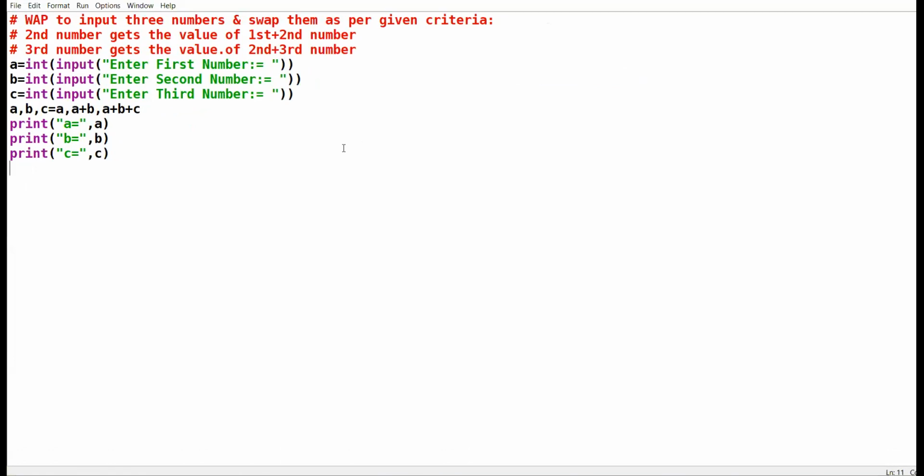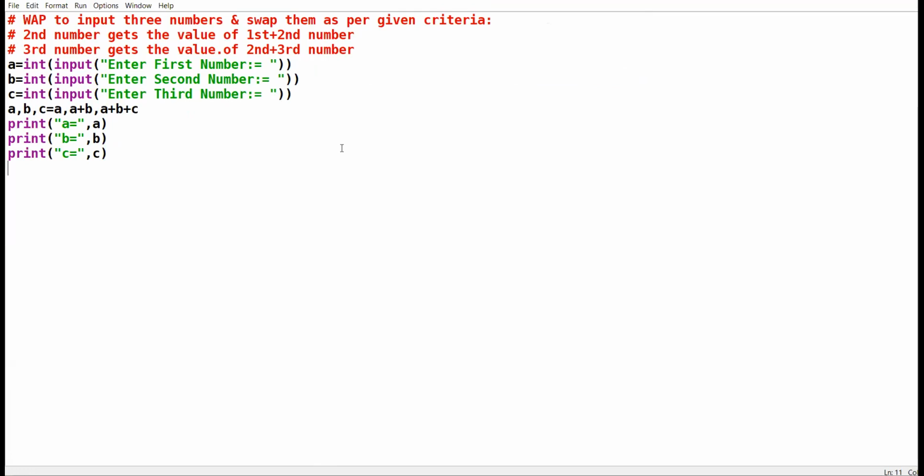Beta, there is no hard and fast rule that there is only one way to do the program. If you have some other logic, you can apply that, provided the logic should be correct. Okay.